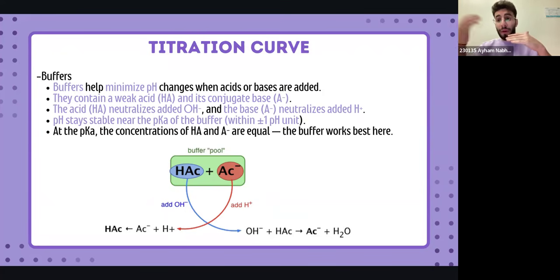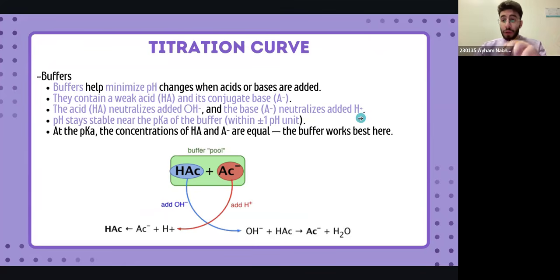What does a buffer do? It helps to minimize the pH change when an acid or base is added to a neutral solution. Buffers are made of a weak acid, HA, and its conjugate base, A. The acid neutralizes the added hydroxyl group, whereas the base neutralizes the added hydrogen atom or the